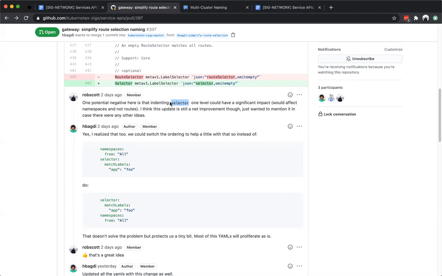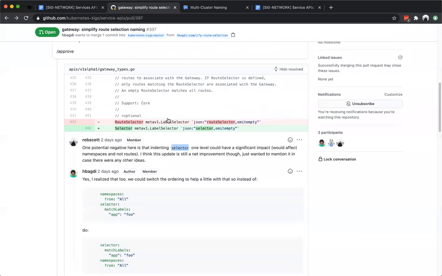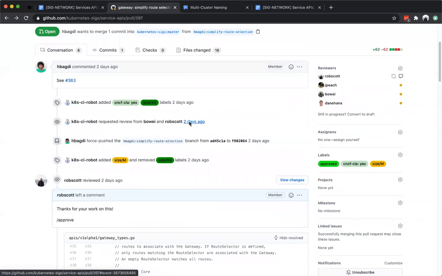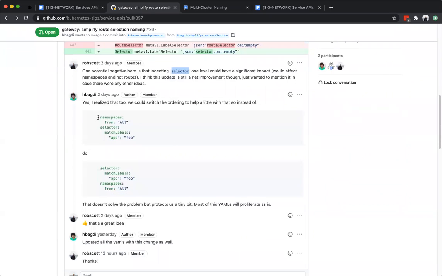I think that's relatively low risk, and this would not be the first time YAML indentation was annoying. I like what Harry has done here. He moved this around a little bit so that namespaces came second in all our examples.